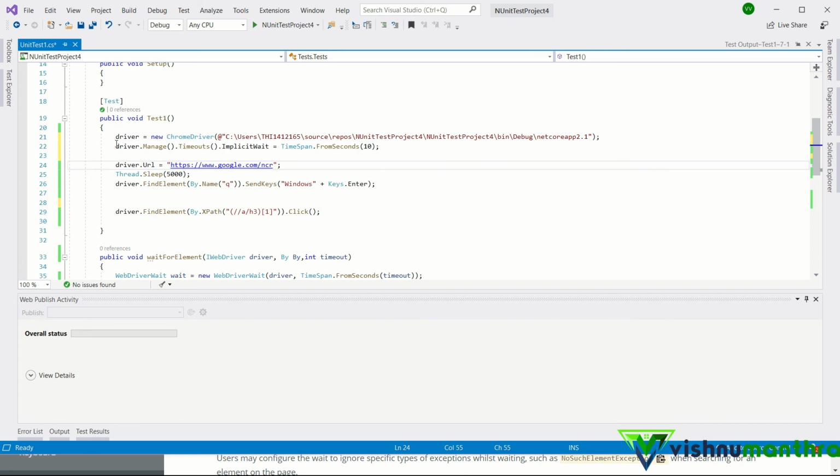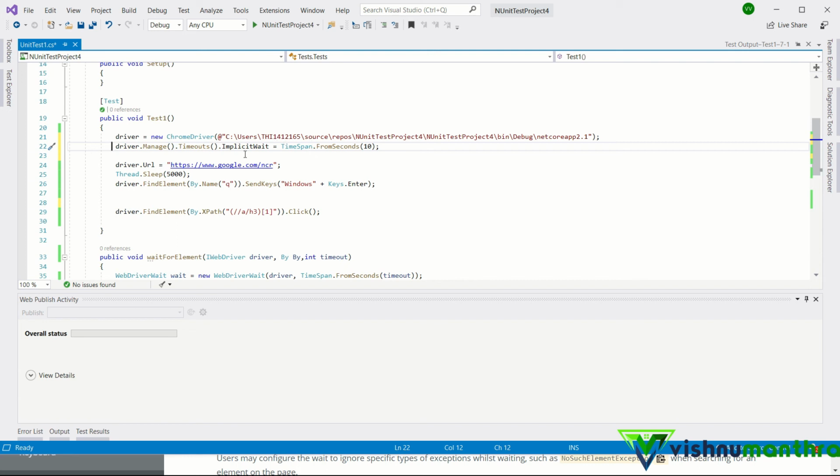Okay, now I will show you an example for implicit wait. So this code snippet is used for giving implicit wait, and the keyword is Implicit, which we have to use in order to give implicit wait, and we can give the timeout here as well. When we use implicit wait, it applies to the entire instance of the driver. So we have to give it one time and then it will be followed throughout the life of the